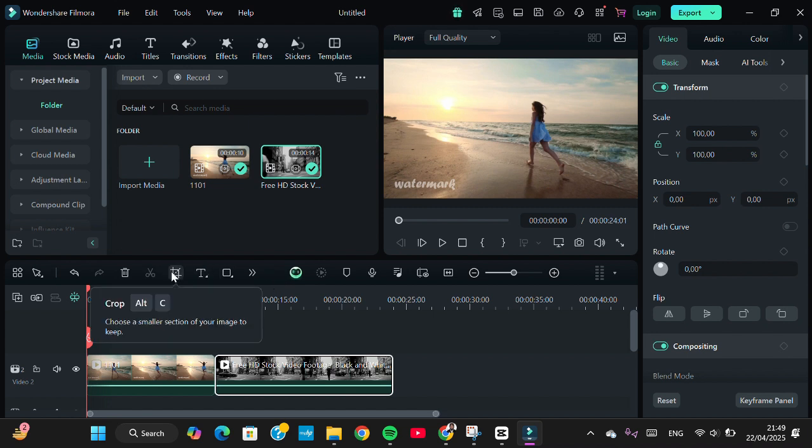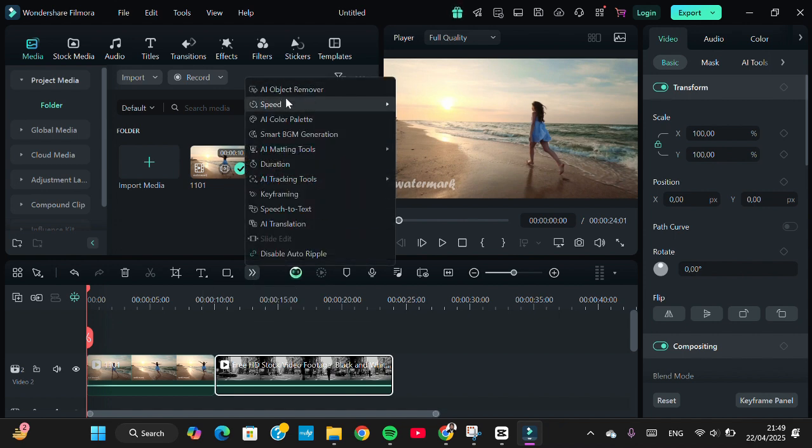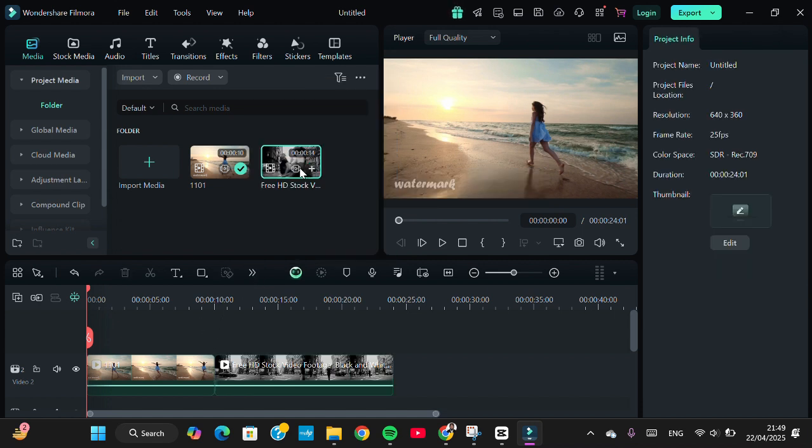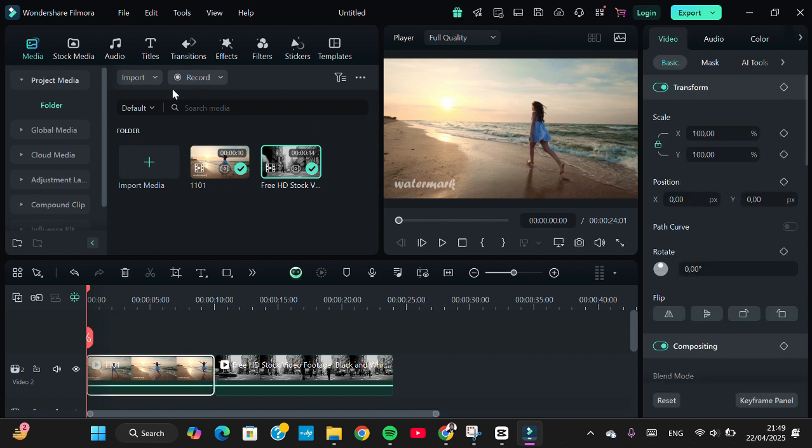For example, you can split your video here using this tool and crop your video, add text and drawing tools. Okay, you can explore more tools here, and you will be able to speed up your video, do keyframe, and then change the duration. It's up to you. Okay, and you can go to this menu if you want to insert something, for example